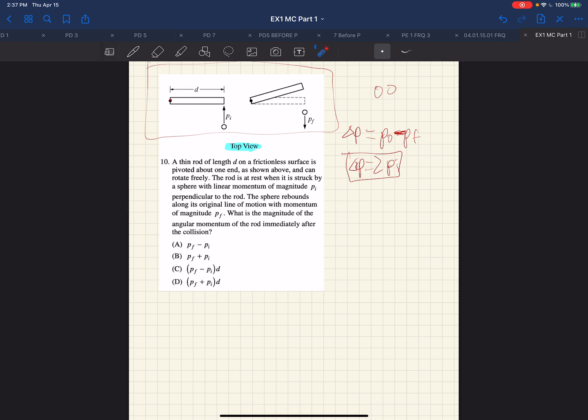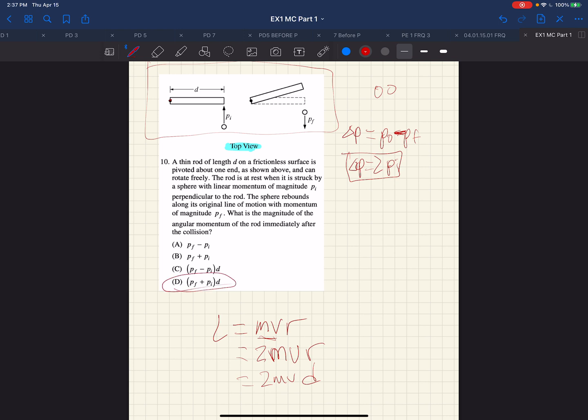So the angular momentum of the rod is mvr. The mv that we're getting, the momentum part, is twice that. 2mvr. In this case, r is d. So we have 2mvd,